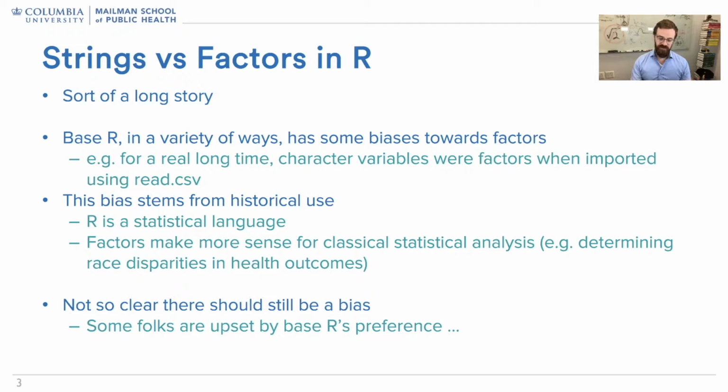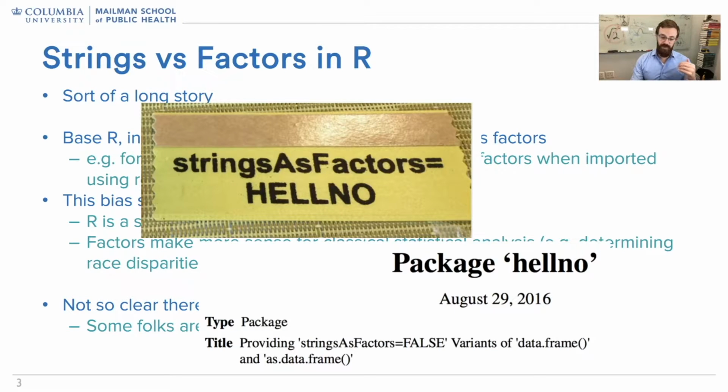Over time, more people started using R, and also the kinds of data sets that statisticians, biostatisticians, and other folks who used R in the past came into contact with changed, and people's preferences changed. And I'm not kidding about this. People wrote a package that would change R's underlying default behavior from assuming that things were factors to no, they're not factors. This is a badge that you could attach